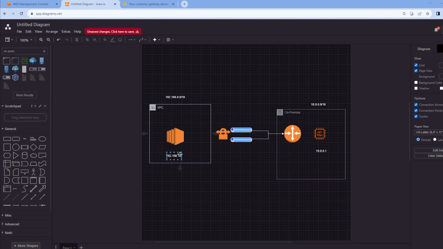Here we have a VPC, and this is an EC2 instance, right? So for the VPC, our CIDR is 192.168.0.0/16, and then our EC2 instance is 192.168.1.1. And we're going to create a site-to-site VPN, which has two tunnels, tunnel 1 and tunnel 2, to this